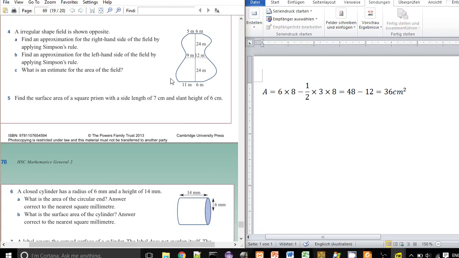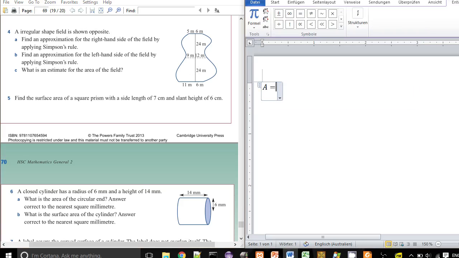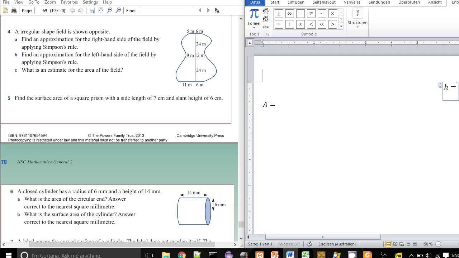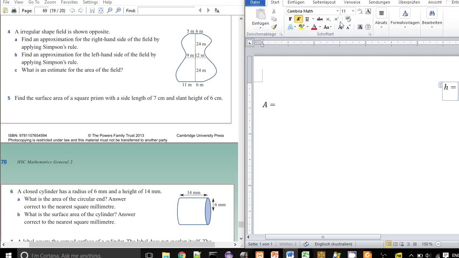Okay, so it's a weird shaped field, but notice this is flat and this is flat. So we're going to do the right hand side and the left hand side and then add them. So it's just using Simpsons Rule. They're still approximations. So let's figure out h first. H is the width of each section. So it's 24 meters. So do 24 over 3 times,